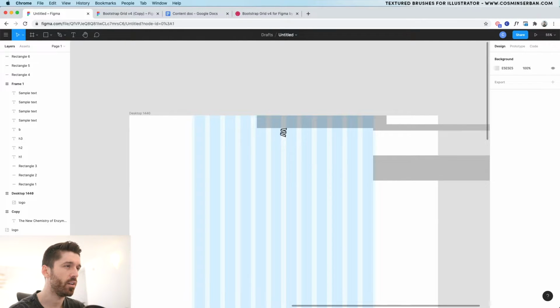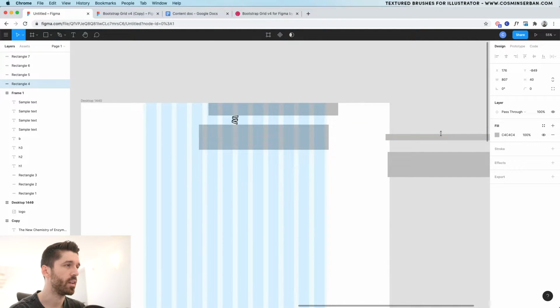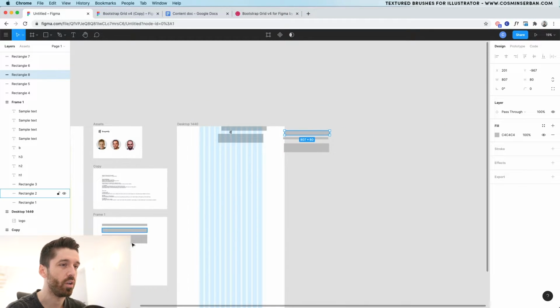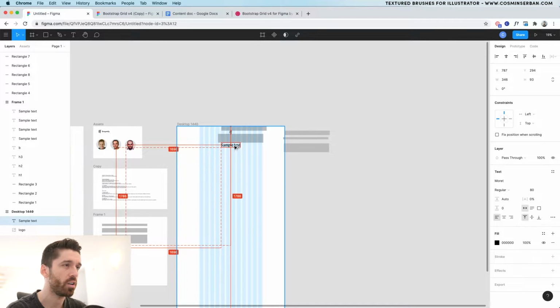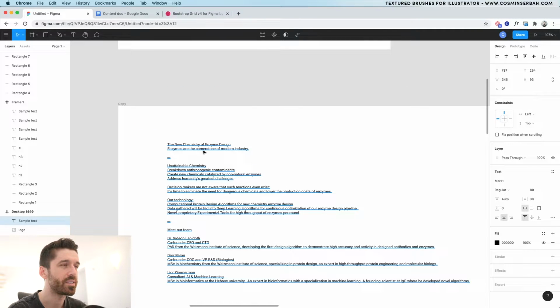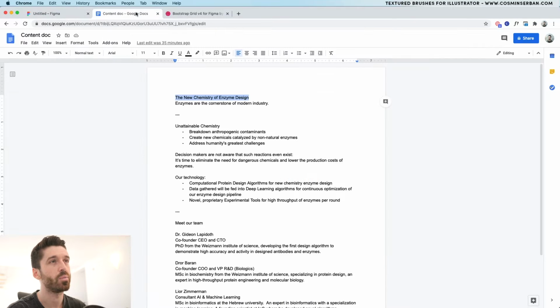So you have 80 over here, and then let's use a bigger spacing, like 160. Let's move this out of the way, just because I'm going to make a lot of copies out of them. And then I'm going to place the actual top headline. By holding down the Alt key, I'm making a copy. Let's make sure that it's center aligned. I'm going to center align this, and I'm going to use this copy, but actually when I copy it from here, it's not going to save the style, which is kind of annoying. So I'm going to use the content doc actually to copy and paste it.